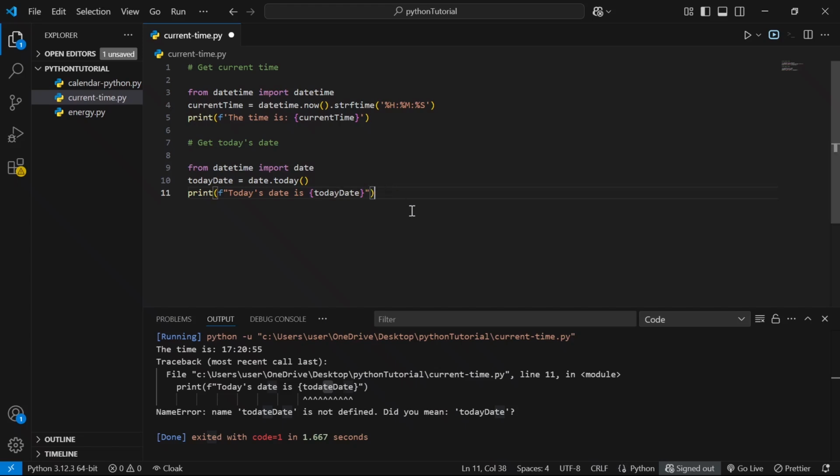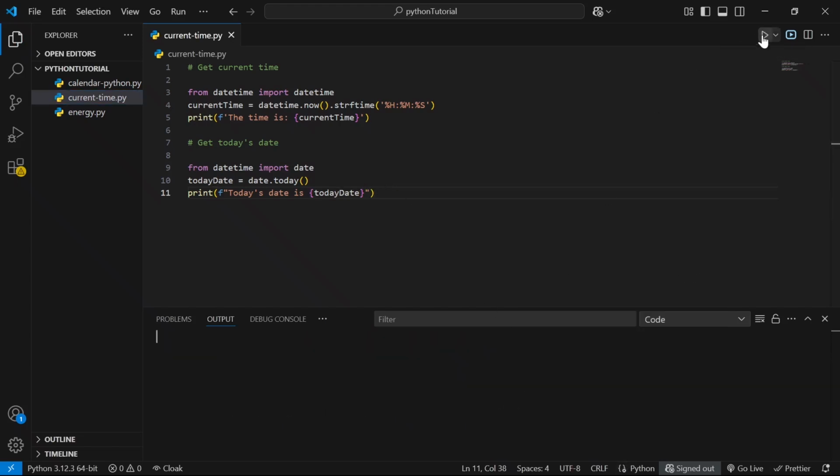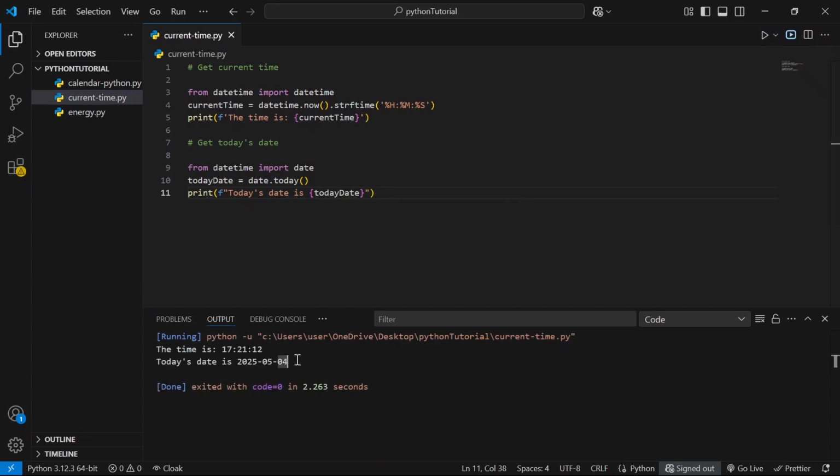So let me save this again, clear the output, then run the code again. Boom. So we have the time together with today's date. So you see that time is 5:21 and today's date is 4th May 2025. So this is how you can use the